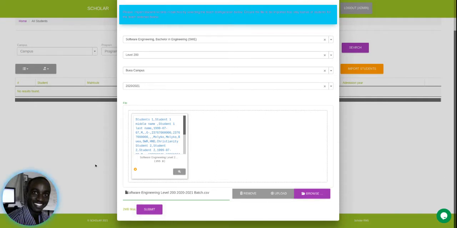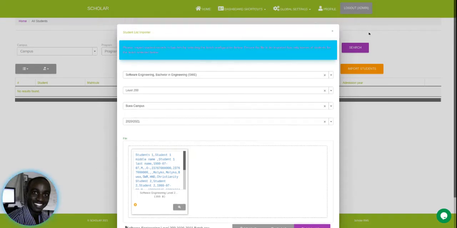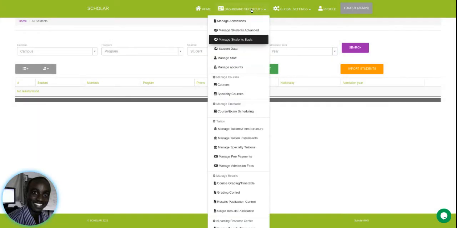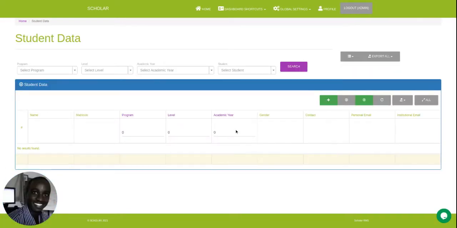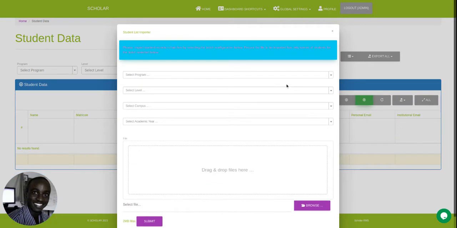You can either do it here. When you submit, the system is going to give you some messages telling you that the user has a role, guest, and student assigned. Secondly, you can also come to the interface student data and do the same thing there. The arrow pointing up, which we took before to get the import format, but here now to upload import students, is the same thing.